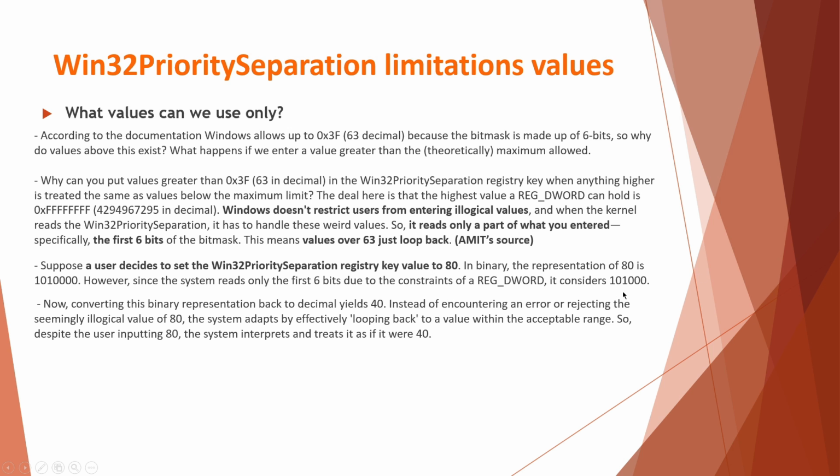So when we have a different binary value, we also have a different decimal value. Now, converting this binary representation back to decimal, we have a new value, 40. Instead of encountering an error or rejecting the seemingly illogical value of 80, the system adapts by effectively looping back to a value within the acceptable range. So, despite the user inputting 80, the system interprets and treats it as if it were